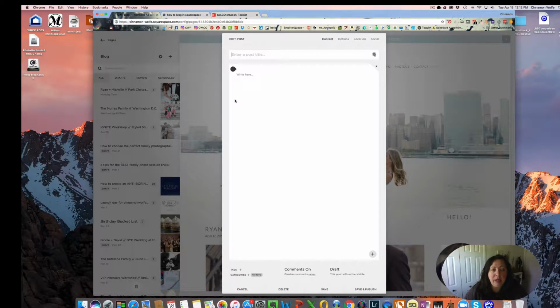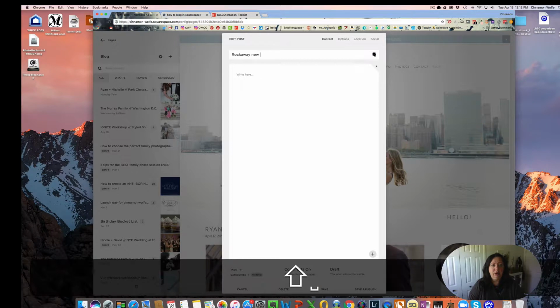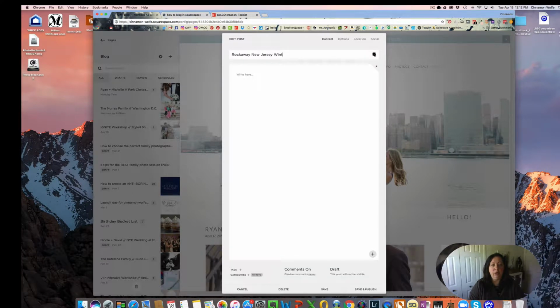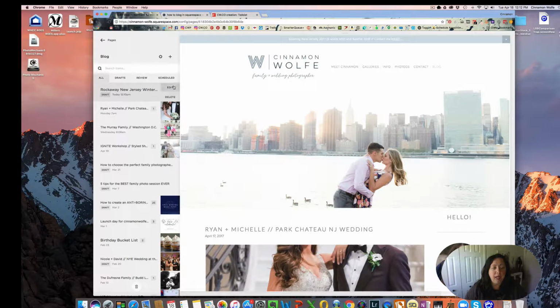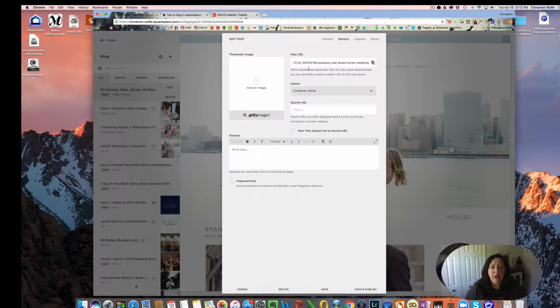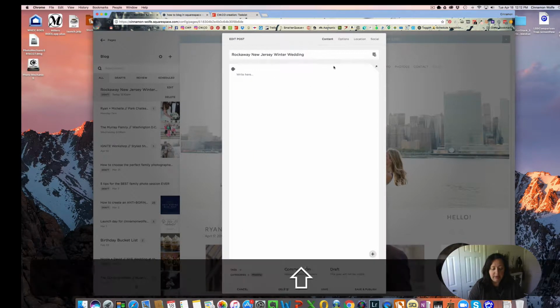Okay, so now that we've done a little bit of homework on this post first, and homework's not really the right word, let's say Rockaway, New Jersey winter wedding. So that's what I'm going to do first, and then I'm going to click save because I'm going to show you what that does once we go back into the post to edit it. So over here under our URL, you now see that that URL is showing Rockaway, New Jersey winter wedding. So even if you change this title, that URL is not going to change unless you go in here and physically change it. So this is my keyword-rich URL, and then over here, I'm going to put the title,